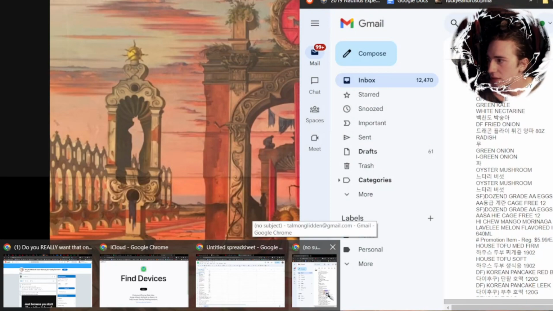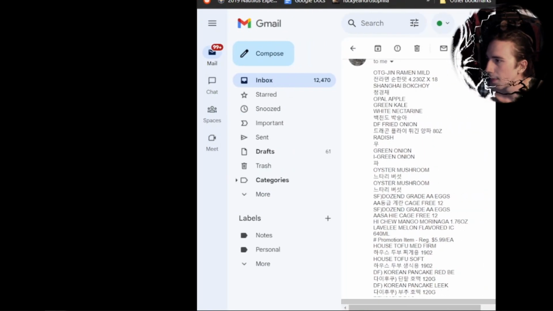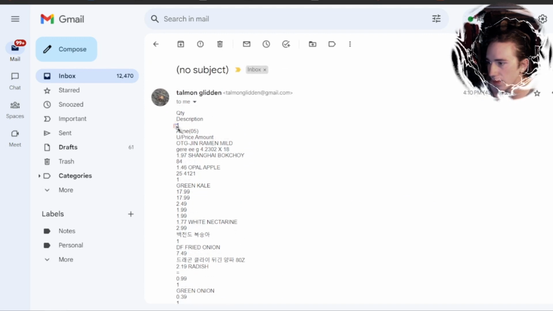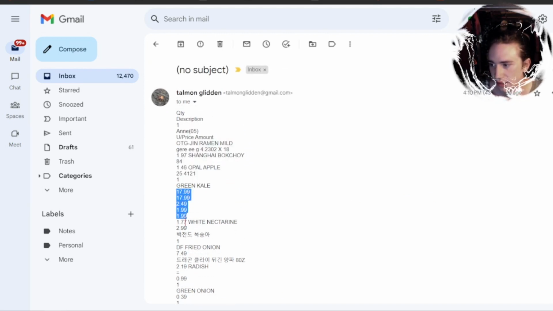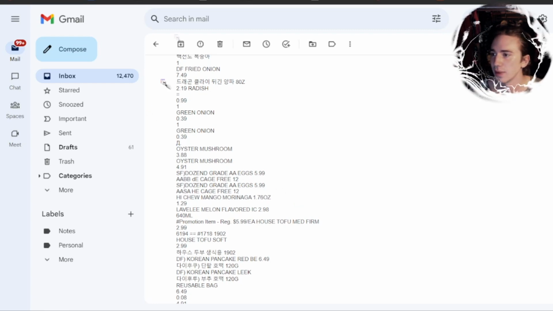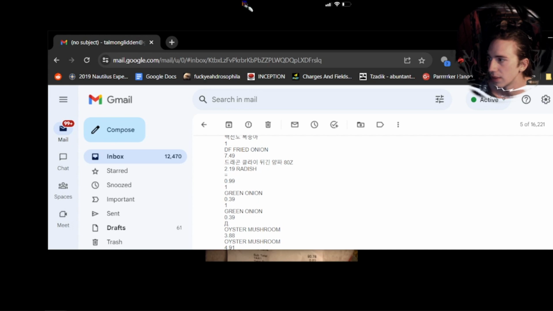I'll show you what happened when I copied and pasted this text here. That's the good one. See, you get some items, then some prices, then some items, then a lot of prices, and that's just not very helpful to have it formatted like that. But you can make it work a little better, at least in the case of the HMart receipt, because different receipts from different places are formatted differently, but this works for HMart receipts at the very least. I'll get into the differences a little bit later, but for an HMart receipt,